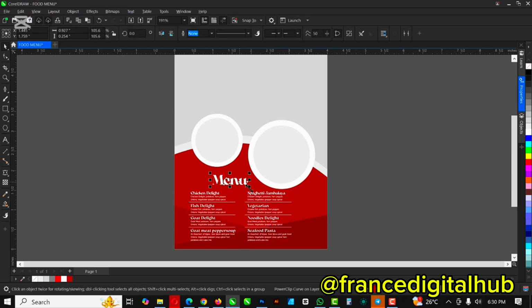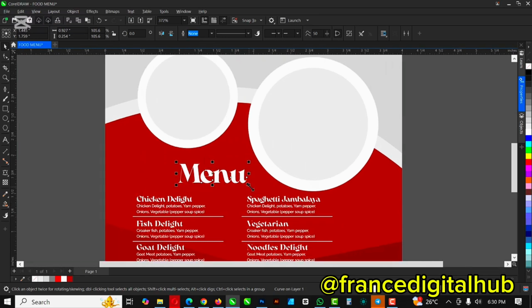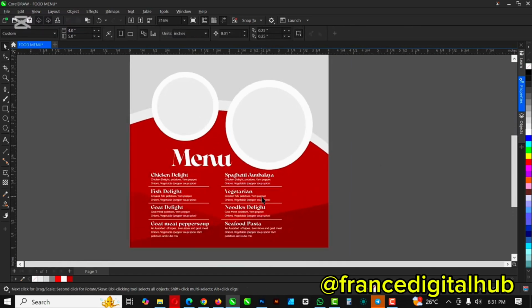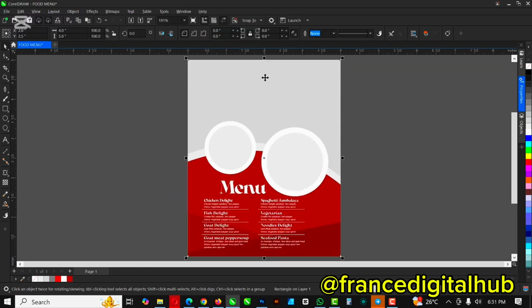The next thing you want to do is slightly increase this. So you want to increase this just slightly. Okay, that's not slightly, that's a little slightly. But you get it, right? So I'm going to leave it at this point. It's okay and it's perfect. Select the shape